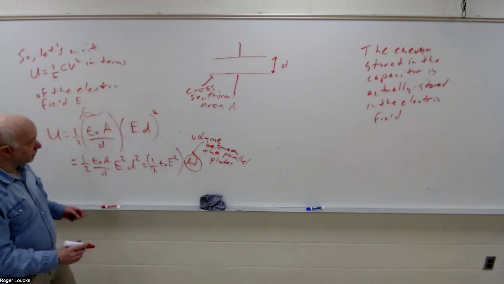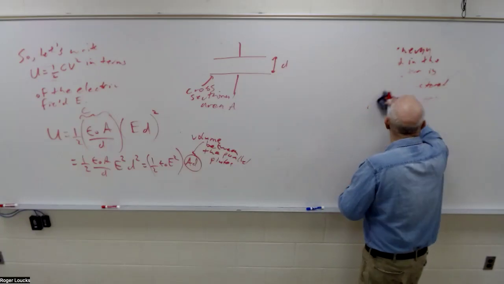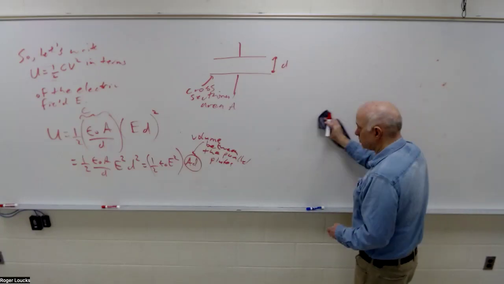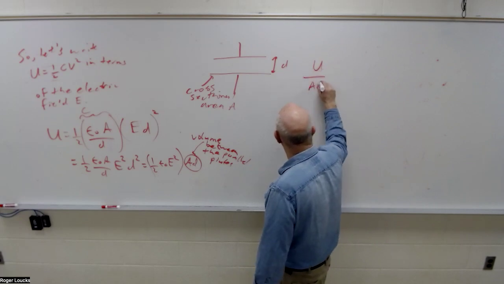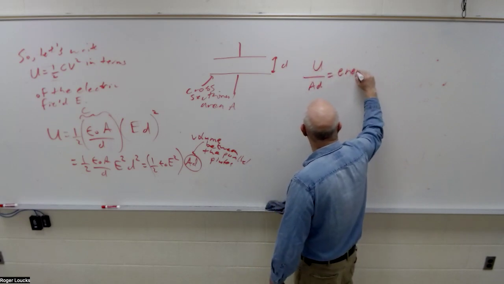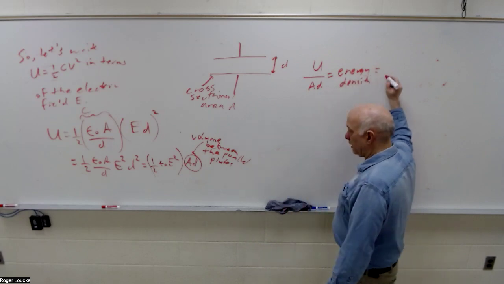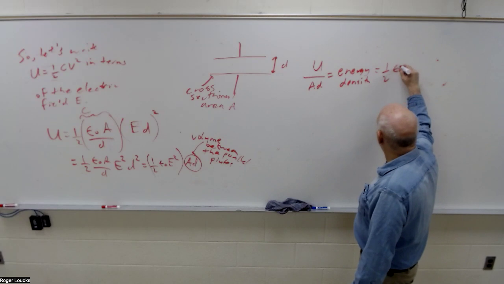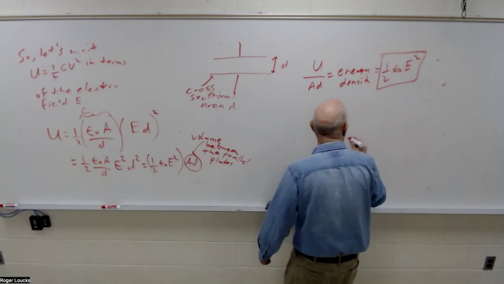If I take that over here, you get this U over AD, this is your energy density. There's going to be 1/2 epsilon naught E squared. Boom. So this is your energy density